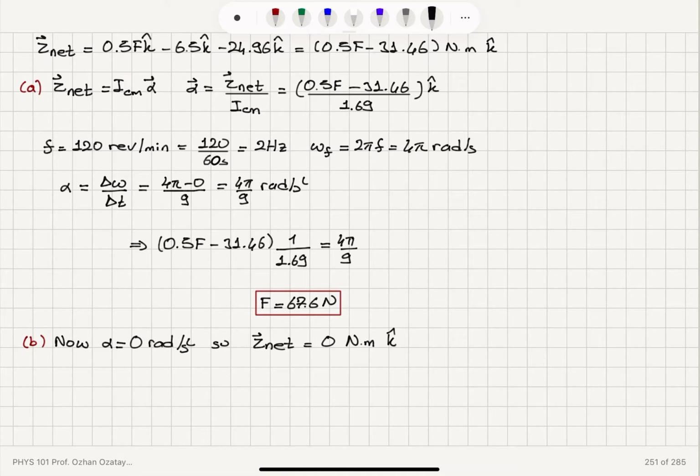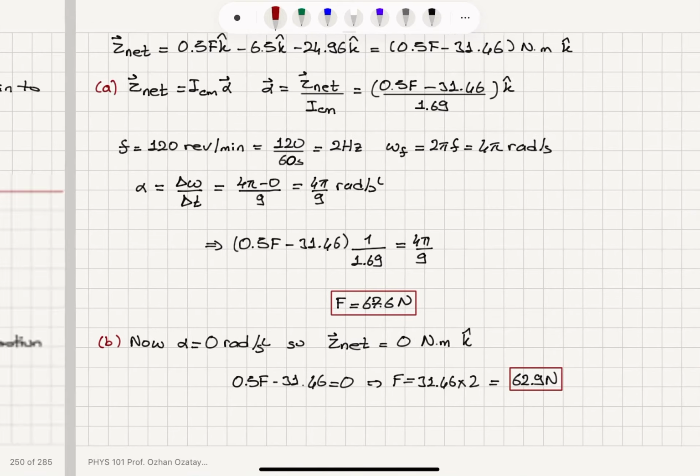Well, this will be satisfied if 0.5 F minus 31.46 is 0. That means the force will be equal to 31.46 times 2, which is 62.9 newtons. So 67.6 newtons is needed to bring it to 120 revolutions per minute, and 62.9 newtons is needed to keep it there. Now part C